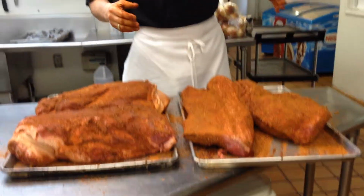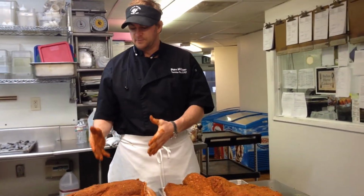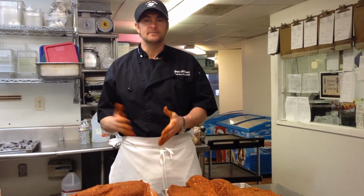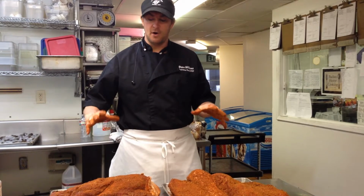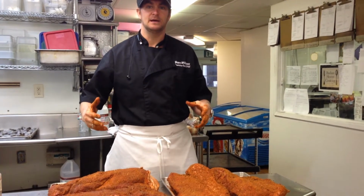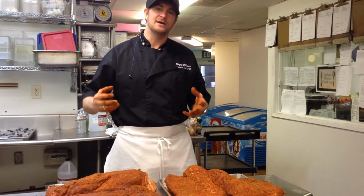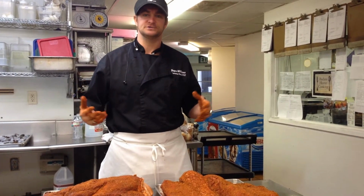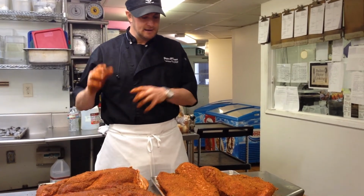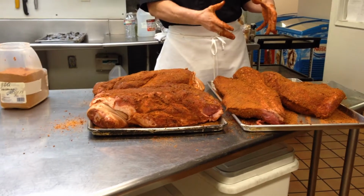So there we go, guys. You have brisket 13 up, nice and heavy because it's going to go for a while. And you have 2 pork shoulders, New York style, Boston butt, picnic shoulder, skin on, bone in. This is going to give you the best flavor from your meat, and just the best opportunity to get that fat rendered down into the meat, to season that meat and make it really, really good after you do all your smoking. So once again, we got pork shoulders for pulled pork, brisket for a Texas style hickory smoked brisket,